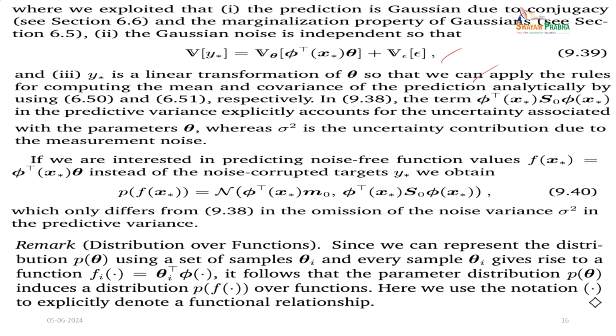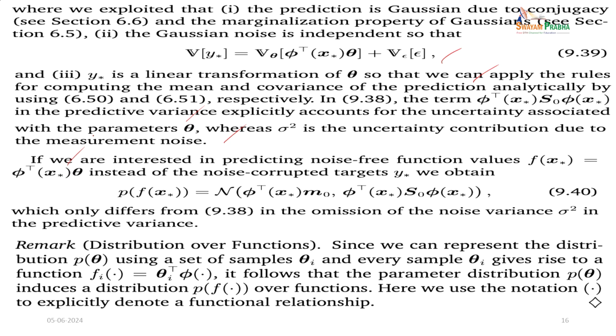Analytically using 50 and 51 respectively. In 38, the term phi transpose of x star S naught phi of x star in the predictive variance explicitly accounts for the uncertainty associated with the parameter theta, whereas sigma squared is the uncertainty contribution due to the measurement noise. So, if we are interested in predicting the noise-free function value f of x star equal to phi